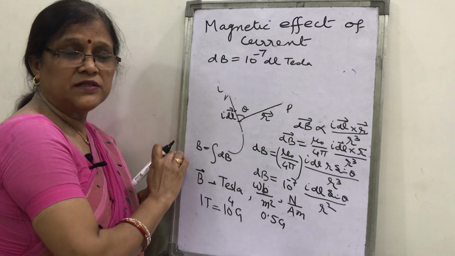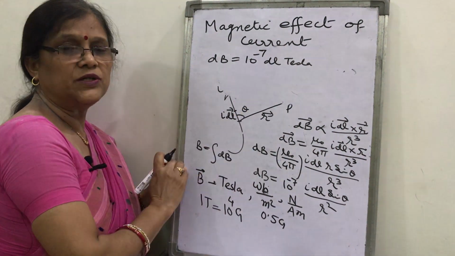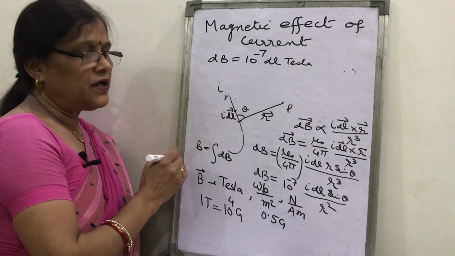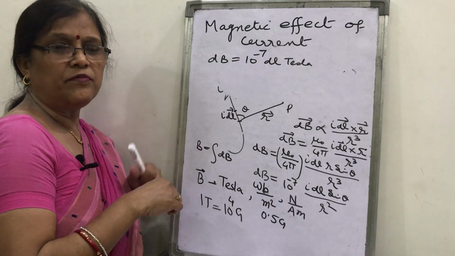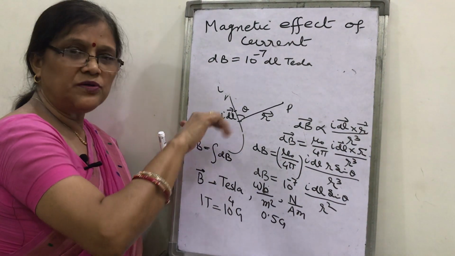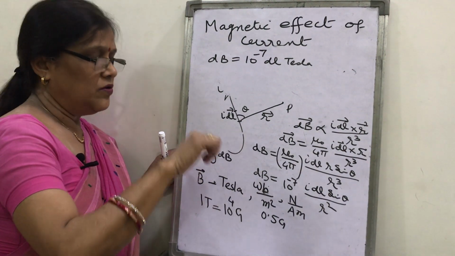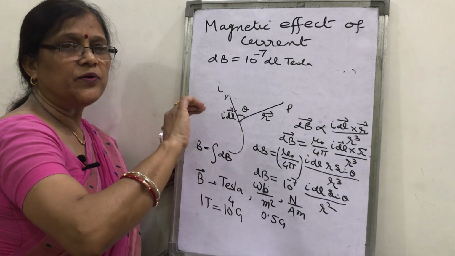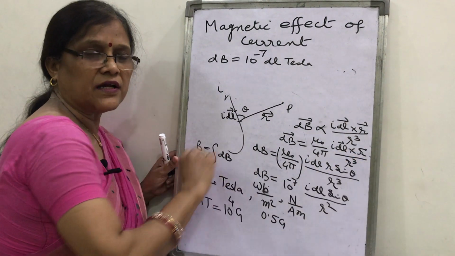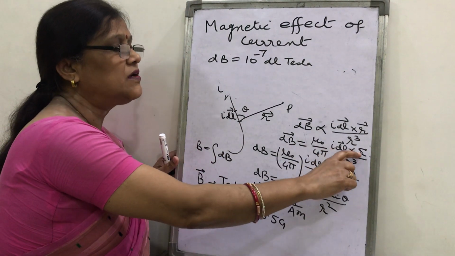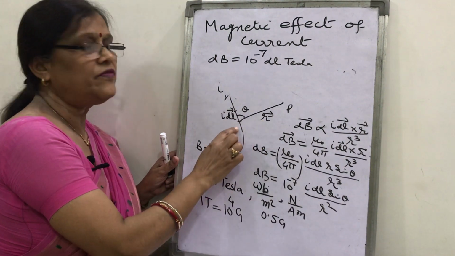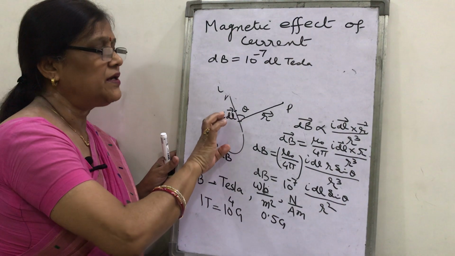Now since magnetic field is a vector quantity, how will you find the direction of magnetic field at this point P? There are rules to determine the direction of magnetic field. The first rule is the screw rule. If you hold the screw with your right hand and you rotate from dl towards r, because magnetic field is IDL cross r. So from which vector to which vector? From dl to r. Look in the figure, in what direction you are going to rotate, that is clockwise.